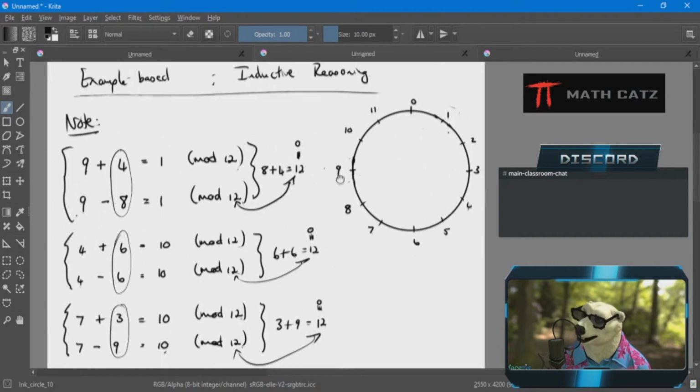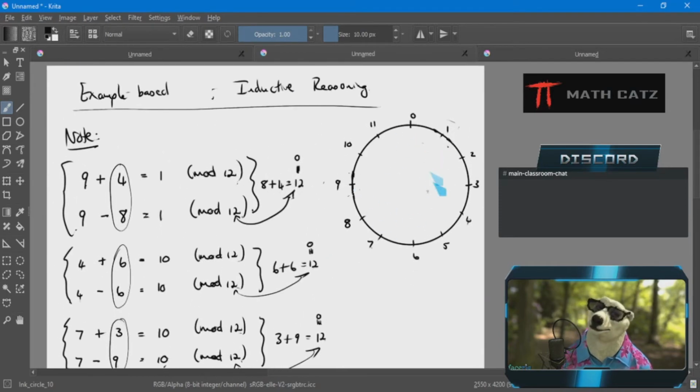because on my mod circle, the amount of ticks there are, the amount of representatives of numbers, is the same as the position. 12 is sitting behind this 0. 0 is the representative of 12. Okay. So in general,